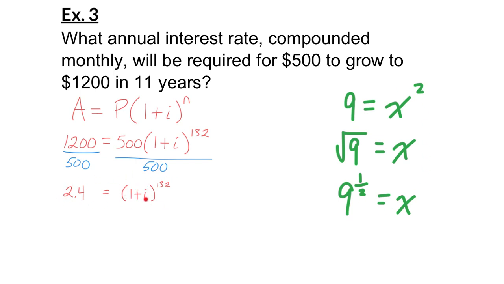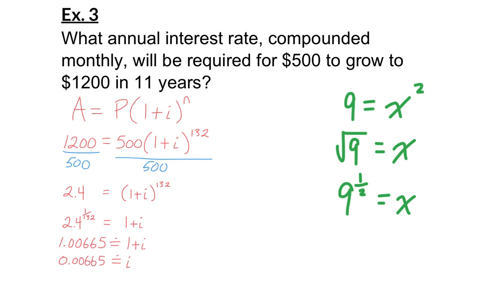I don't know what the base of this power is, but I know when it has the exponent 132, I get an answer of 2.4. So just like to solve for x here, I did the square root or exponent of 1 over 2, if the exponent's 132, I can do the exponent of 1 over 132. So to get rid of the exponent on the right side, I have to take the exponent of 1 over 132. So if I do that in my calculator, I can just type 2.4, hit my exponent button, and then in brackets, 1 divided by 132, which gets me